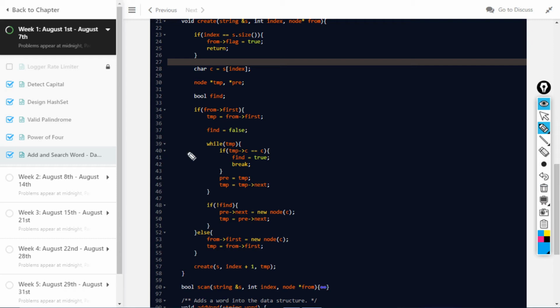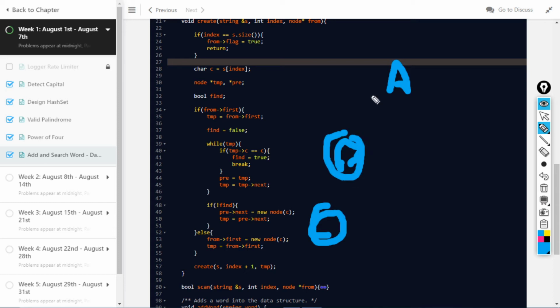After that, if we have a second or third value, we will initialize this temp, a temporary variable which will store from's first, and we will set find equal to false. Now what we are trying to do: suppose our trie data structure is like this, a, b and c. So this is our data structure. Suppose we are on this index, and we are trying to find out whether our current value, suppose we are currently on D,